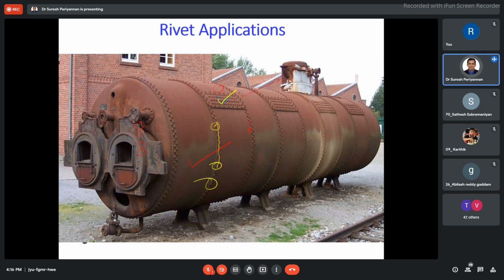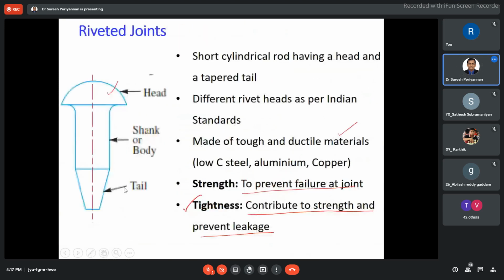Here they're using an extra plate. See here, this is the outer strap plate. The inner strap plate you can't see. The outer strap plate is only visible here. I mean, here the end cover means, in some cylindrical vessel, the end plate will be a cylindrical disc. The cylindrical disc is going to be joined here along the thickness. That's what we are calling the end plate, end cover. Okay, now I come to here.